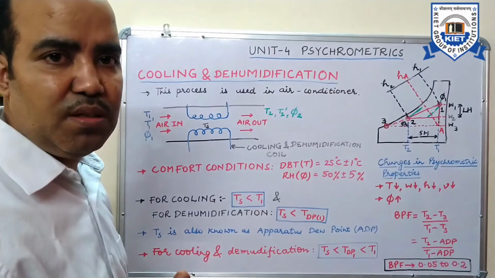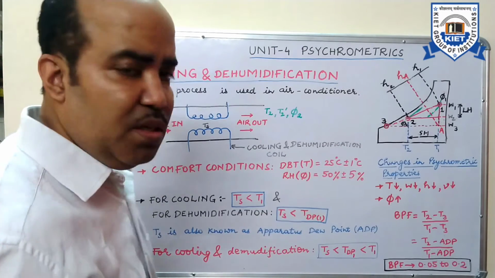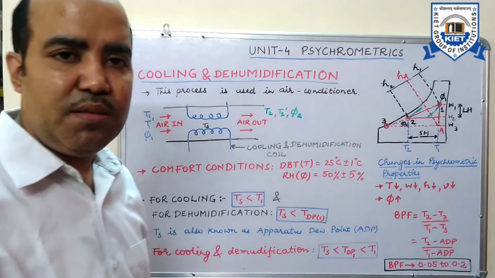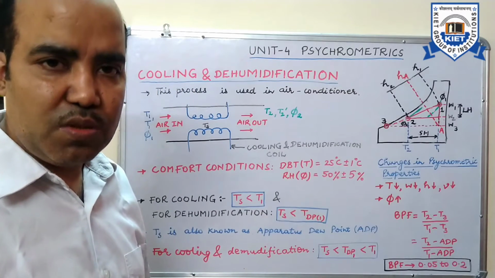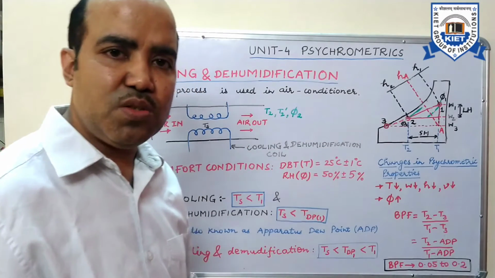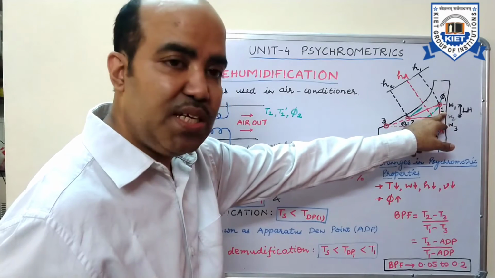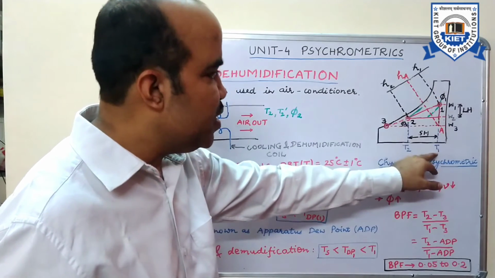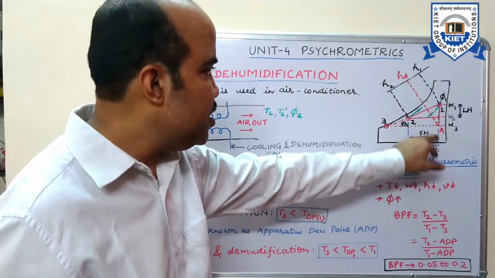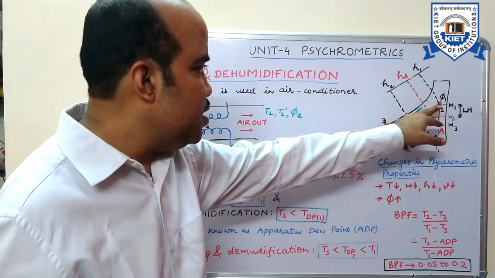Imagine the condition that is there in the peak summer. You know that in the summer we have the temperature around 40 degrees Celsius or 45 degrees Celsius, with the relative humidity also very less. So here, at point number 1, we have the dry bulb temperature very high and relative humidity low. When it is subjected to